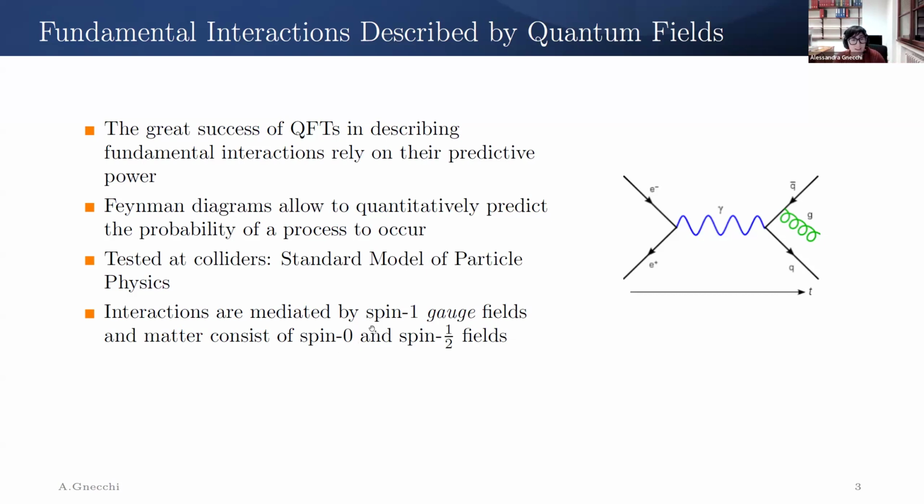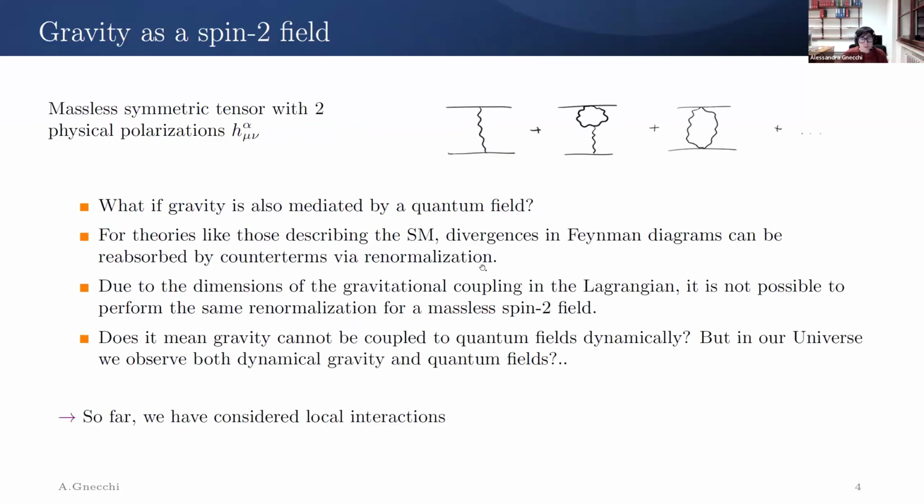I will completely skip over the problem of dark matter. So there's definitely more matter than we know of, but the one that we can test or we understand very well. There is just one other field that we see in our universe, which is gravity, the gravitational field. Gravity is an interaction that is not covered by the standard model. But we know that we can describe gravity through a massless symmetric tensor field, which has two physical polarizations,